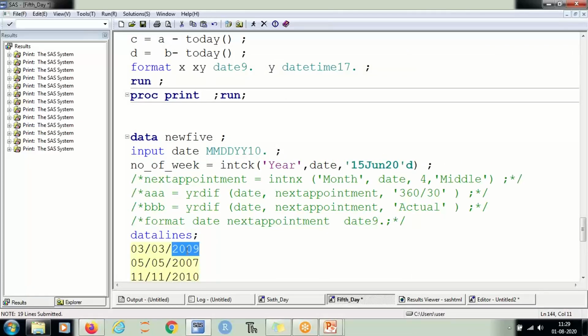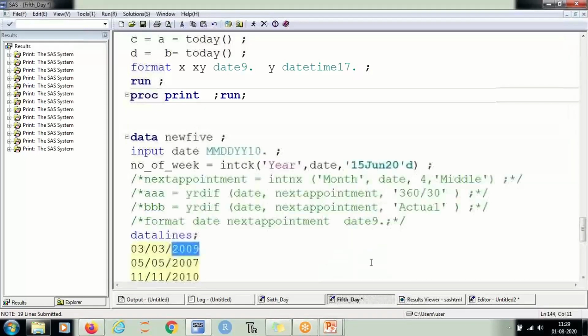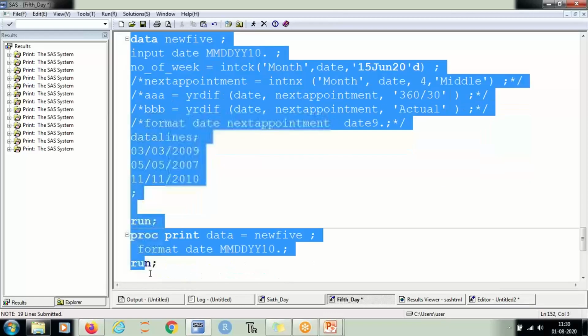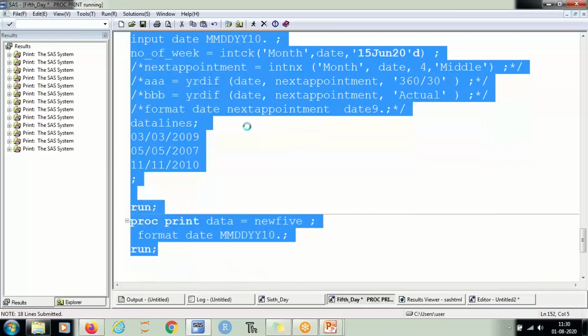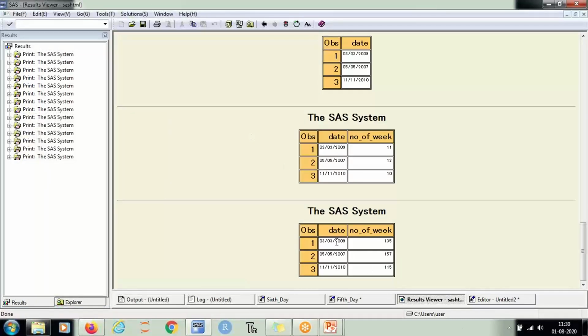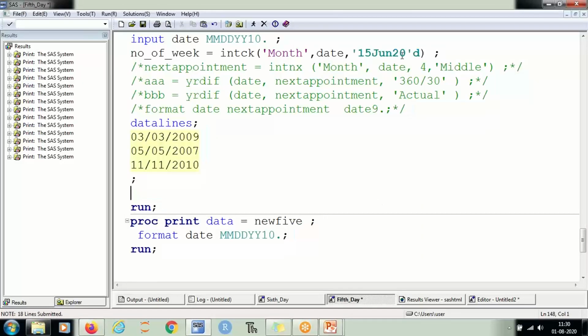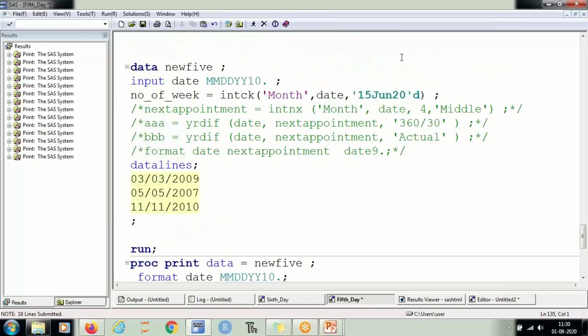And between 20 and 2009, there were 11 intervals of years, right? If you change this to month, these are the number of months between 3/3/2009 and 15 June 20. So now you practice this one, then I will move on to the next one. Let me know once you're done with this.